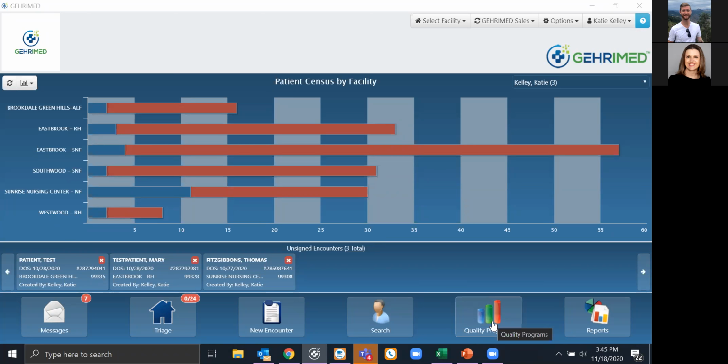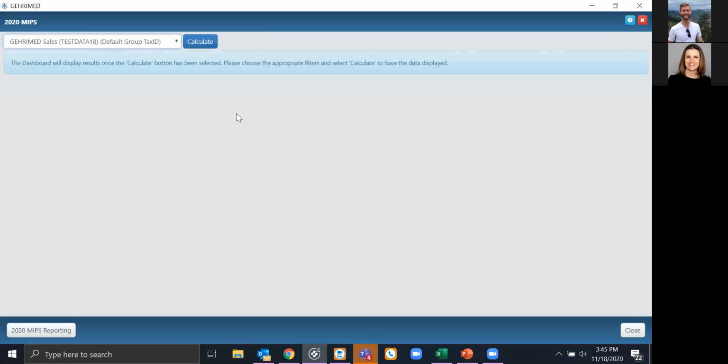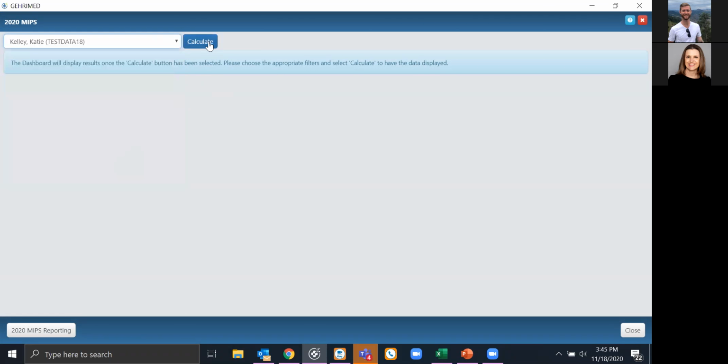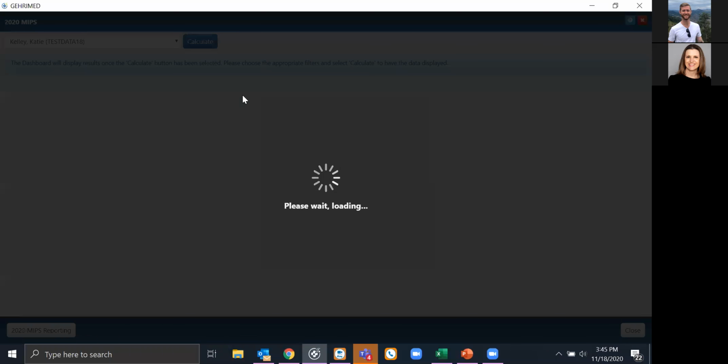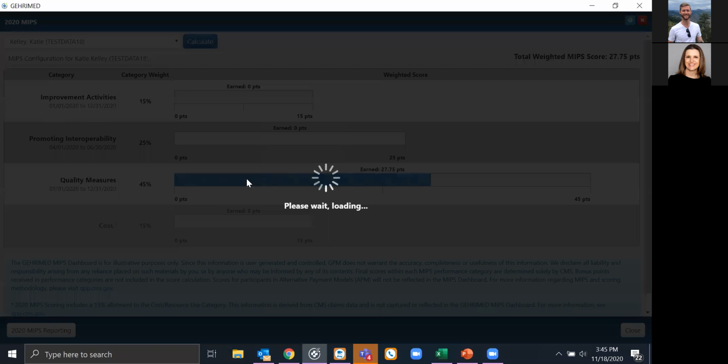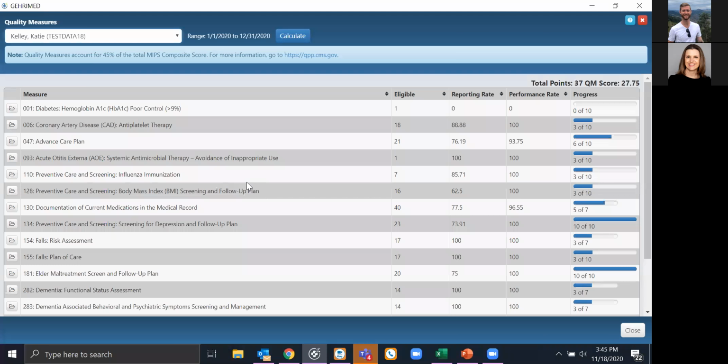All right, and then just a quick look at the MIPS dashboard. If you are a MIPS provider and you need to know how you're doing in MIPS, you pick your name from the list and click calculate, and it's going to show you how you're doing in all of the categories. This quality category is probably the one you're going to keep the closest eye on throughout the year. So if I click into it, it shows me my details. So here are all the measures that I have active,